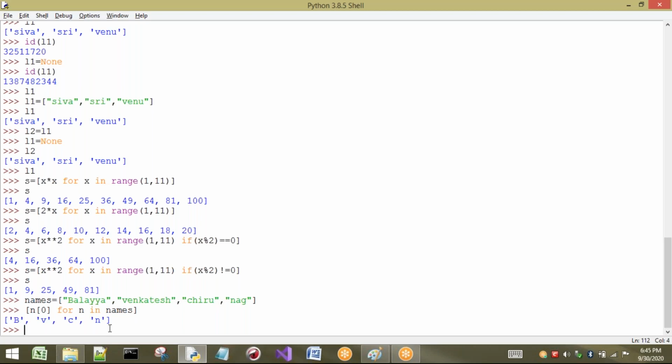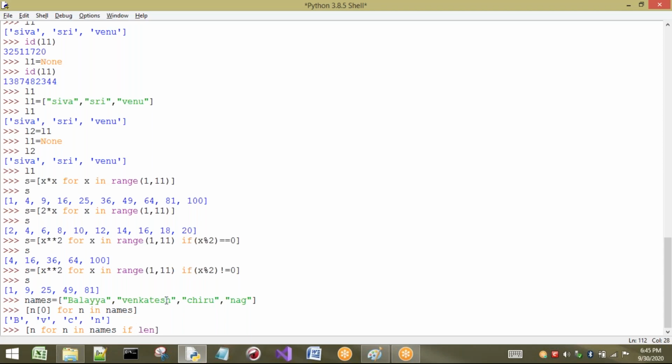Now, sir, I want the names which have more than 5 characters. That means I want to print the names where the number of characters is greater than 3, for example. Not 3, because then all are going to be printed. Let us take 5. Okay, so what I have to do? I have to write an if condition here. What is my condition?